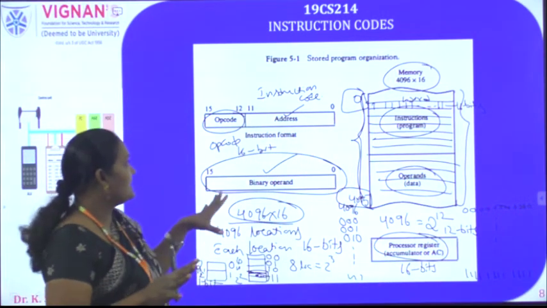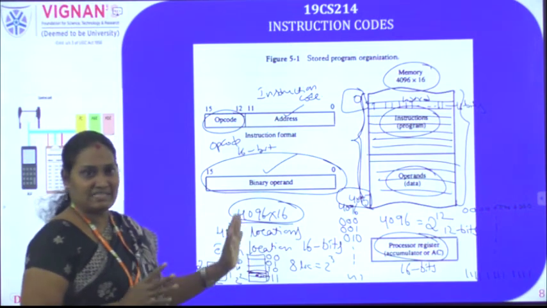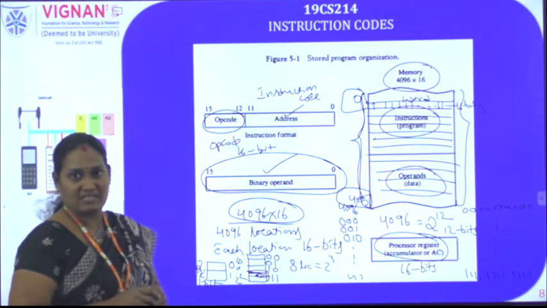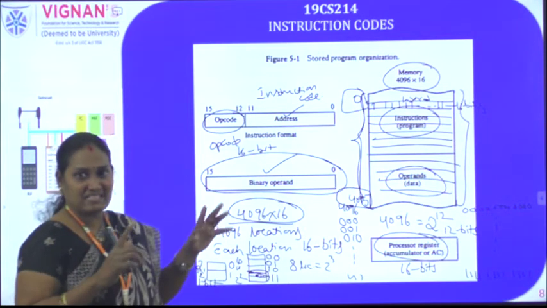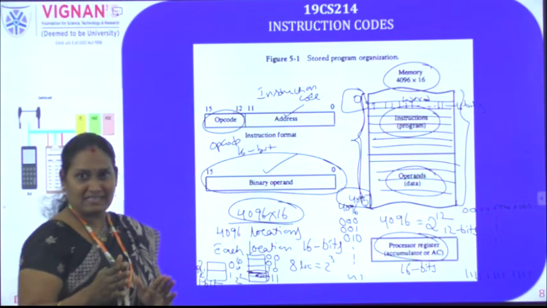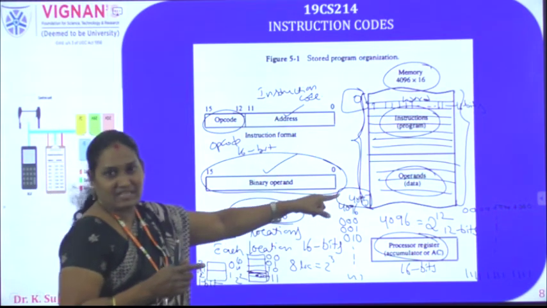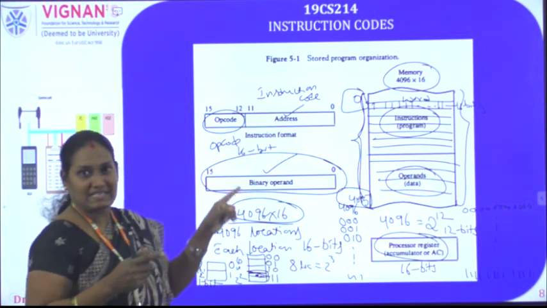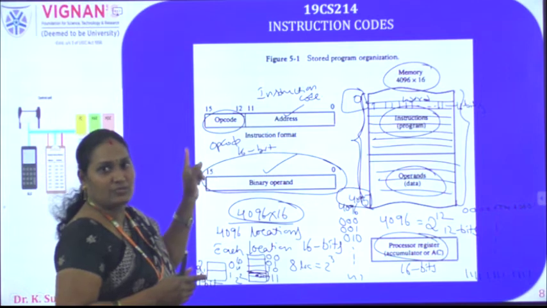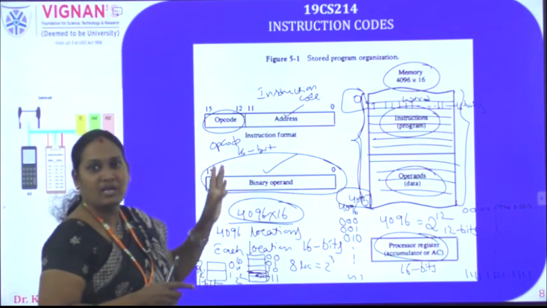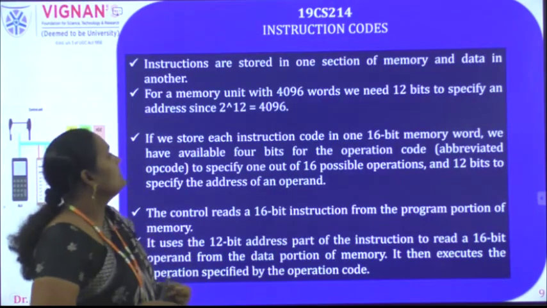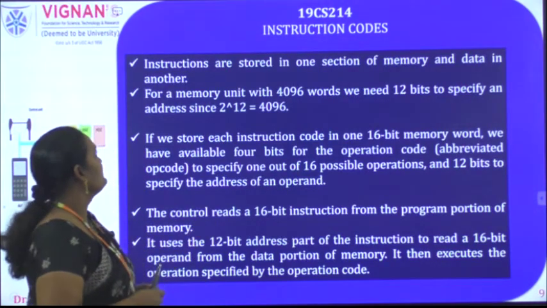So how the instruction code format is laid out is explained in this slide. I hope you all understood. The instruction code takes 16 bits and has two parts. The first part is used for the address. Since this needs 12 bits for the address, bits 0 to 11 are assigned for the address. The remaining 4 bits, 12, 13, 14, 15, are used for the representation of the opcode. Now, next one. The same thing is explained here.